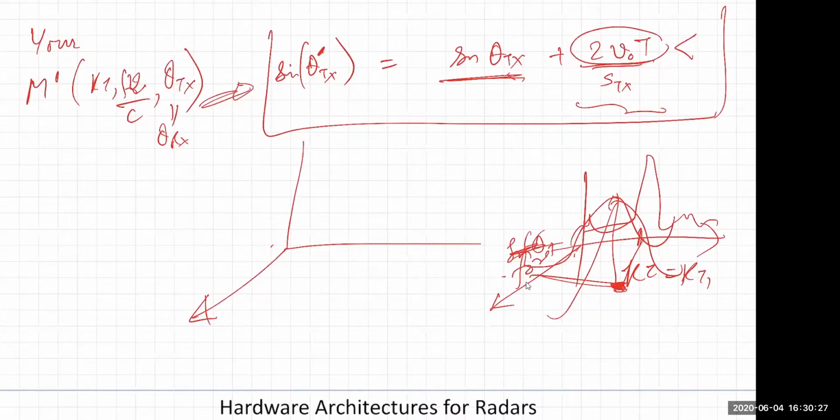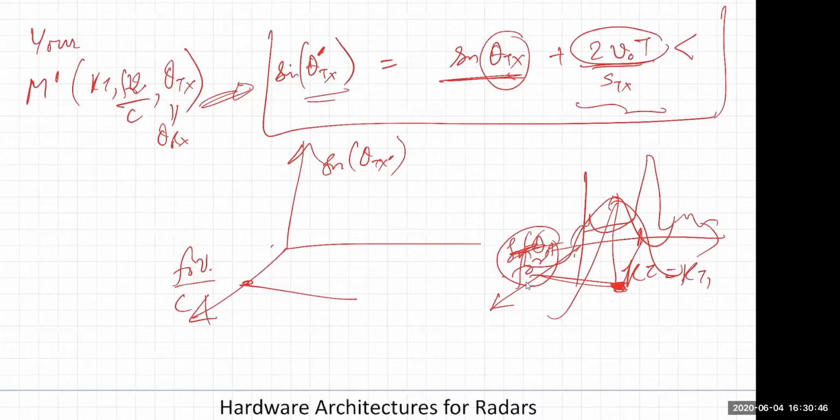So now similarly, what is our problem? Our problem is that this F naught nu over C gets confused with sine theta tx prime, because theta tx is the underlying and theta tx prime is what you estimate. So what would happen here is that at these points,